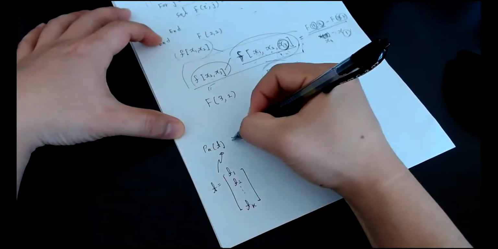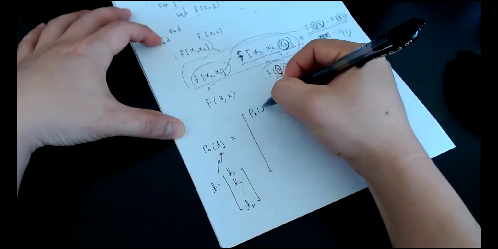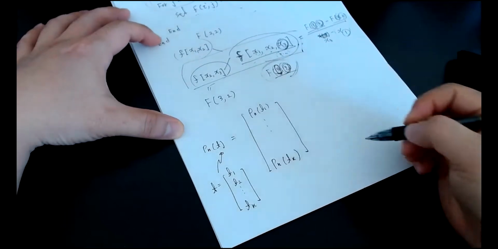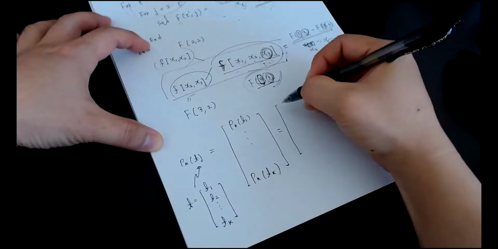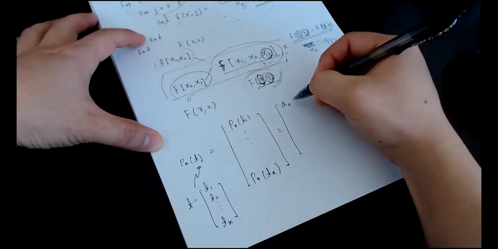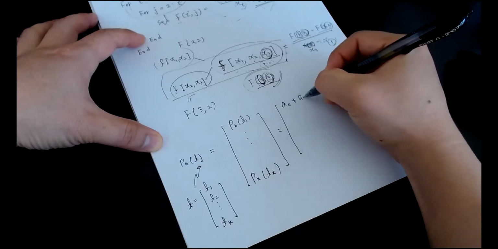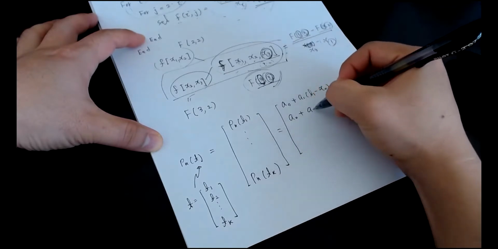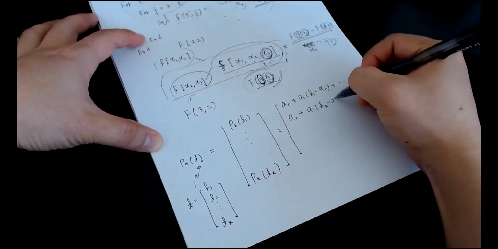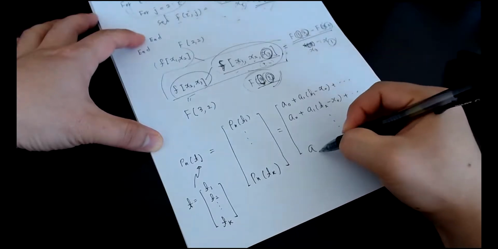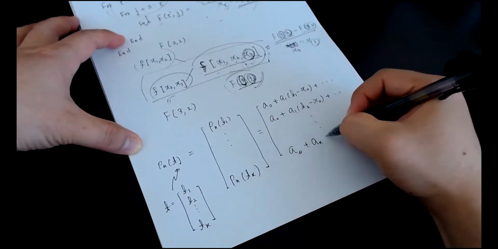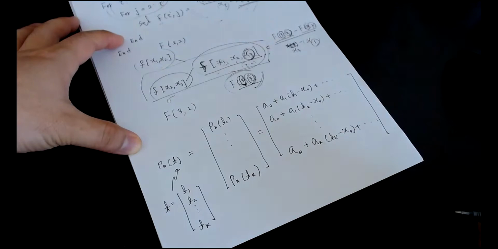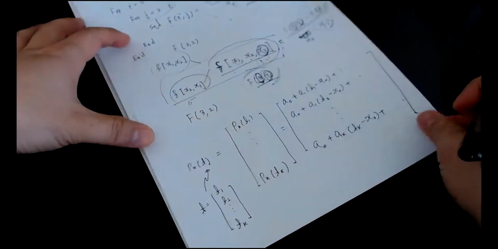Then that is equal to p sub n of t sub 1 through p sub n of t sub k, isn't it? This makes sense. Well, that is equal to a sub 0 plus a sub 1 times t sub 1 minus x sub 0 plus through here, and then a sub 0 plus a sub 1 times t sub 2 minus x sub 0, through a sub 0 plus a sub 1 times t sub k minus x sub 0 plus so on. You see that? Okay. So now in my code,